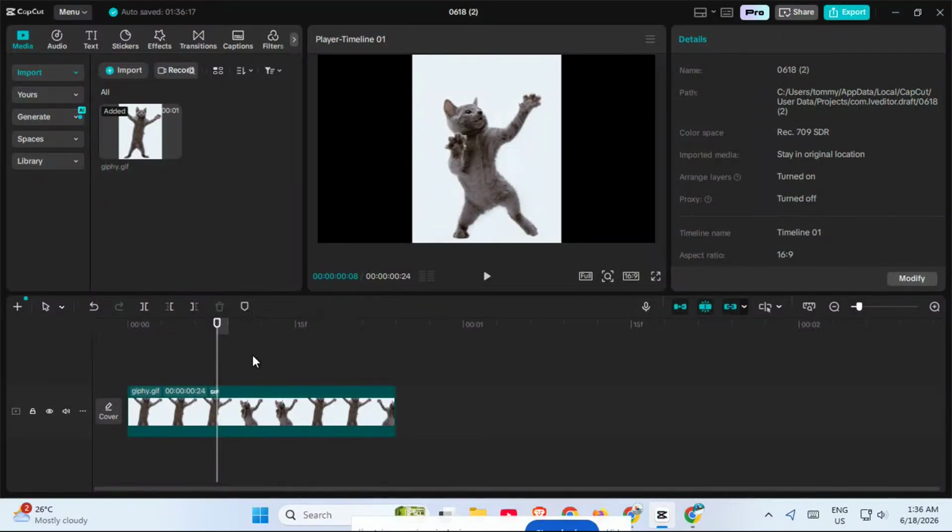In this video, I'm going to show you how to create a GIF in CapCut on PC, step by step, in a quick and easy way. This is perfect if you want to turn a short clip into a shareable GIF for social media, messages, websites,